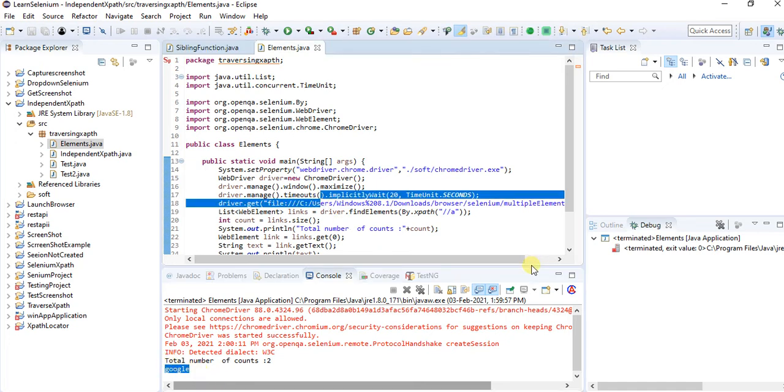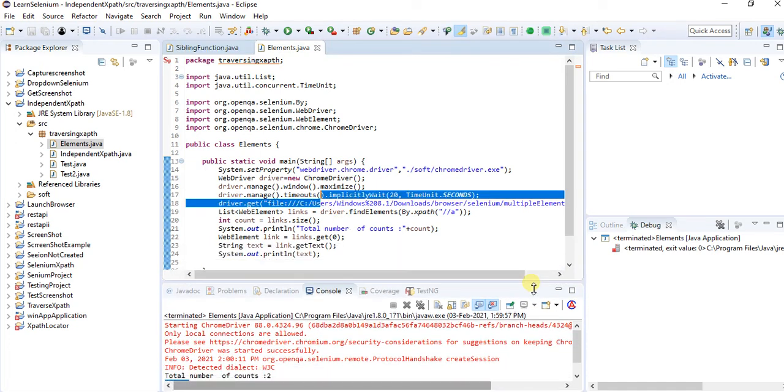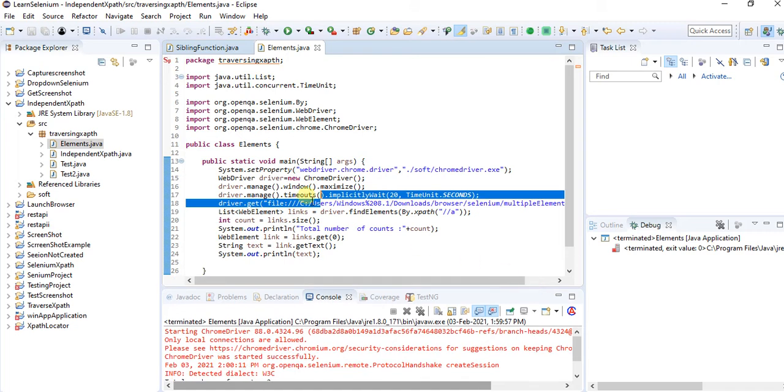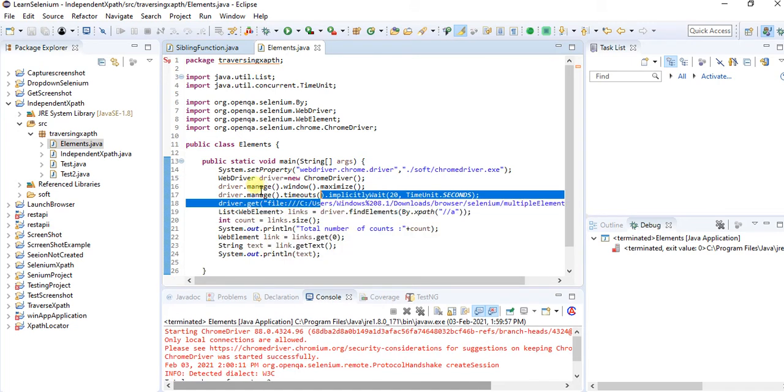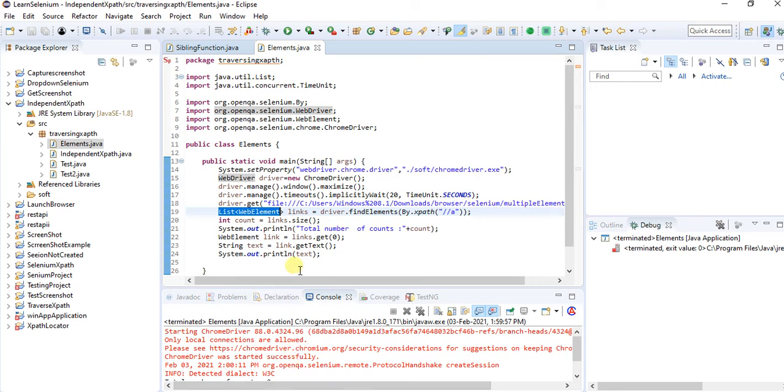Okay, now I'll just explain this one. Here we have a list of web elements, right? Here I got the exact text that I am expecting.